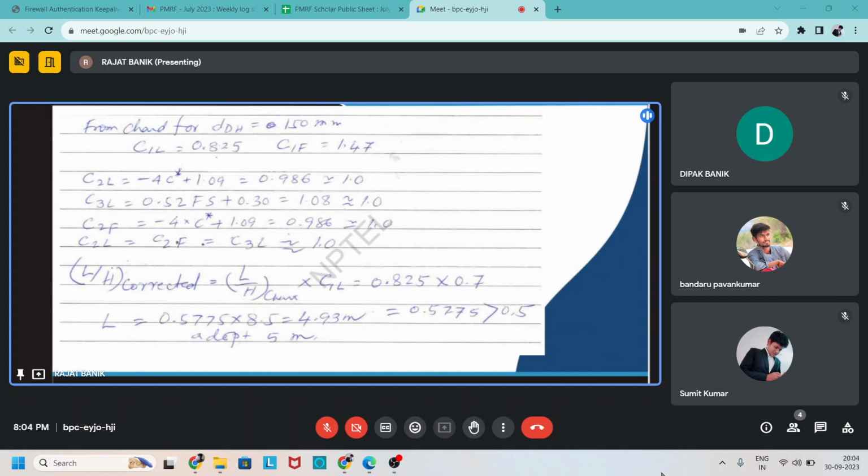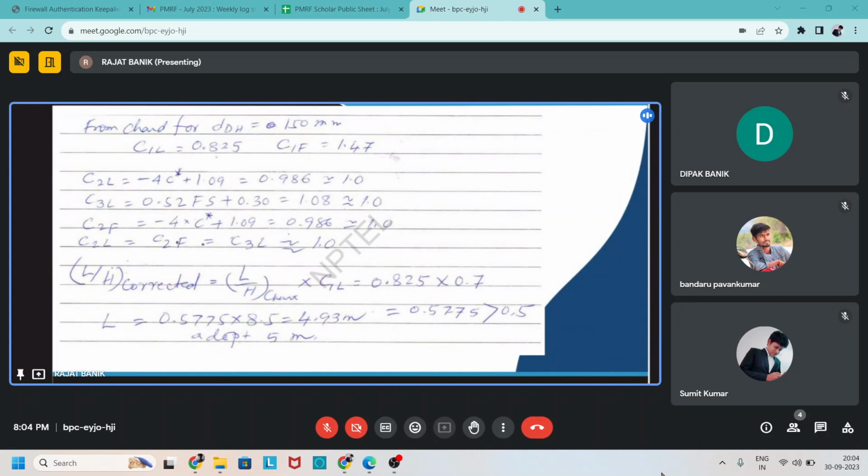By this empirical formula, for drill hole correction, that is C1L and C1F, we use the chart. But for finding the correction for C2L or C3L, empirical formulas are given. For C2L, it is given by minus 4 C star plus 1.09, and for C3L,